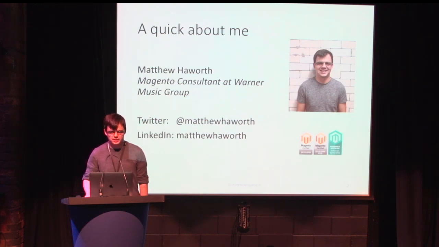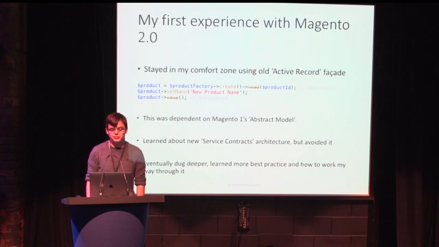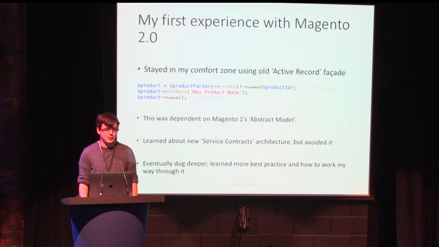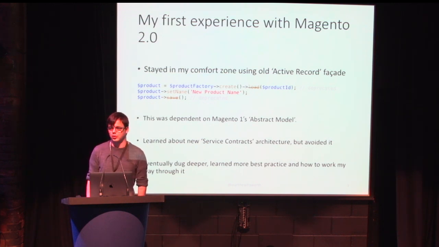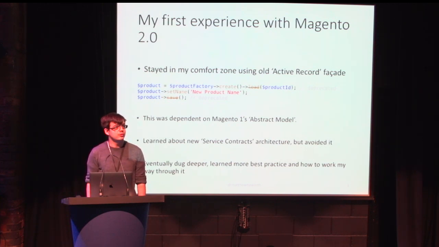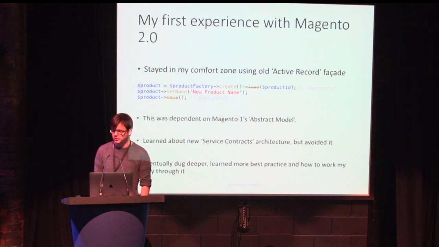But I started in Magento 1. So my world is sort of influenced by the Magento 1 way of doing things. And when I moved into Magento 2, I carried on trying to do things the way Magento 1 wanted me to do them. I wanted to load and save as the active record facade that Magento 1 provided would let me. It was the way I understood the world. So when I moved into M2, I continued to do that.